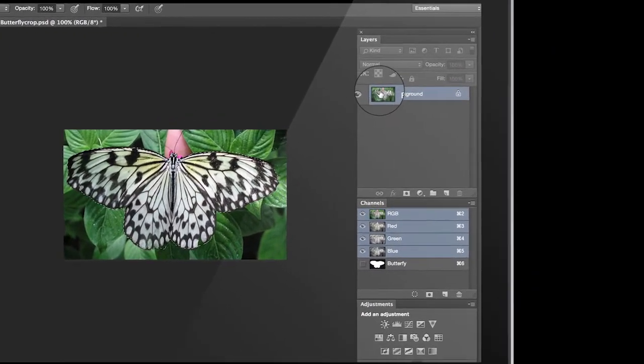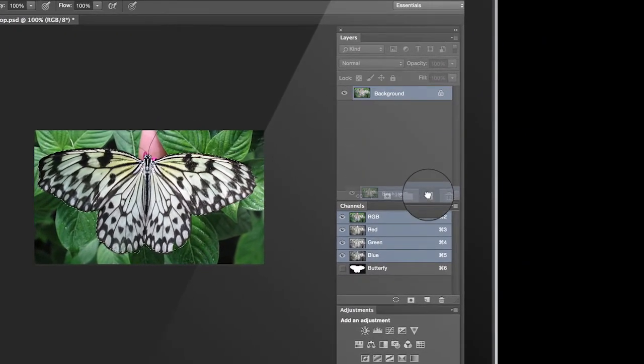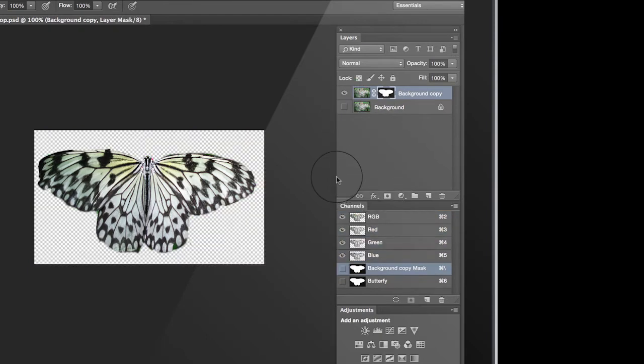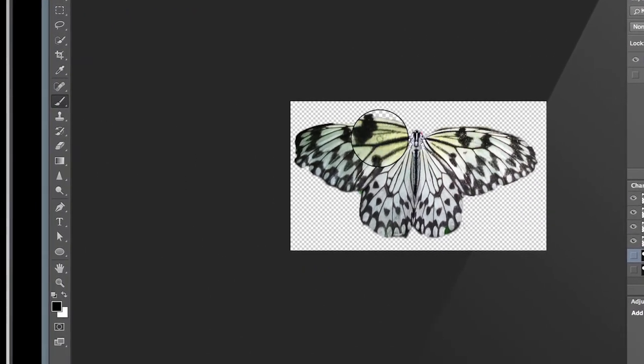Alright, now I want to come up here and duplicate this image, turn off the previous background, and turn on the layer mask, and see how it looks this way. Alright, now I could probably see some rough areas, maybe some areas I still want to smooth out or change. So